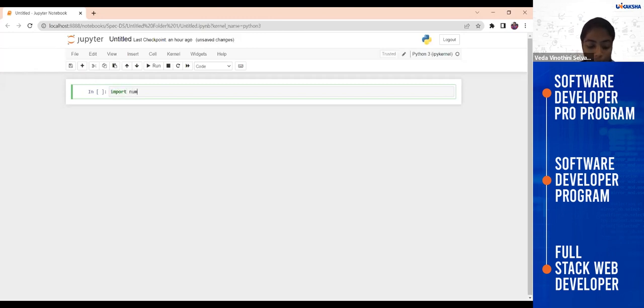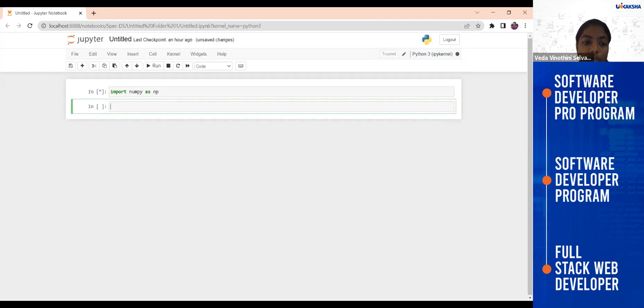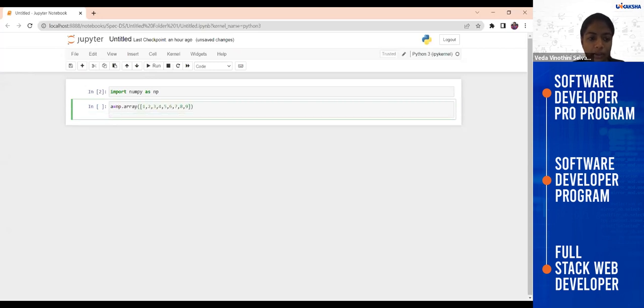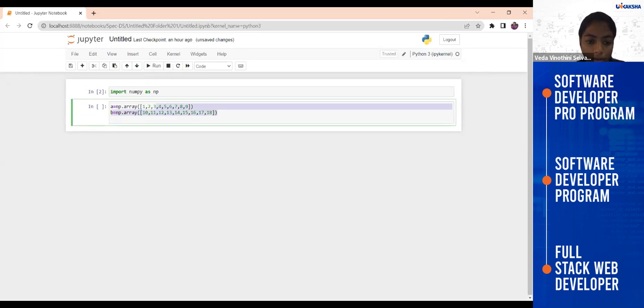This is the process of importing NumPy, and after that I'm going to create some data. These are the arrays I'm going to create.